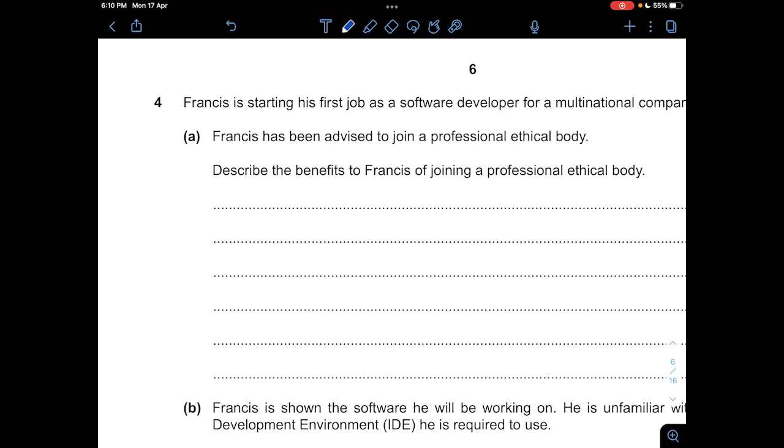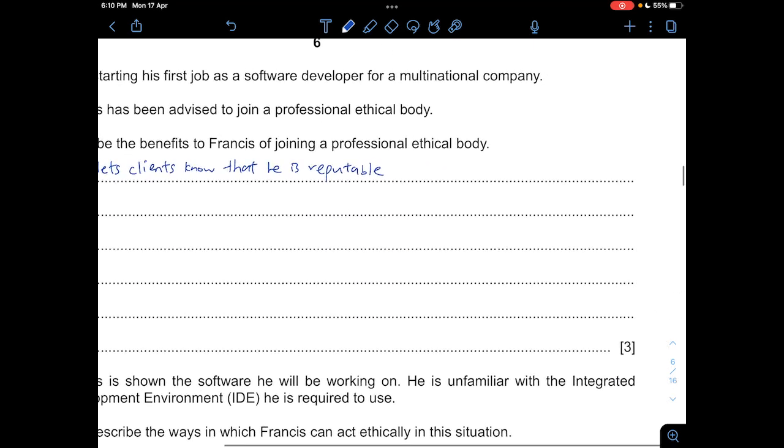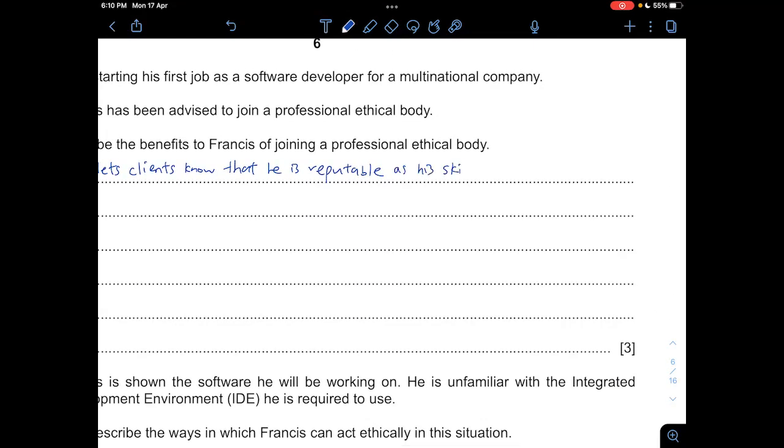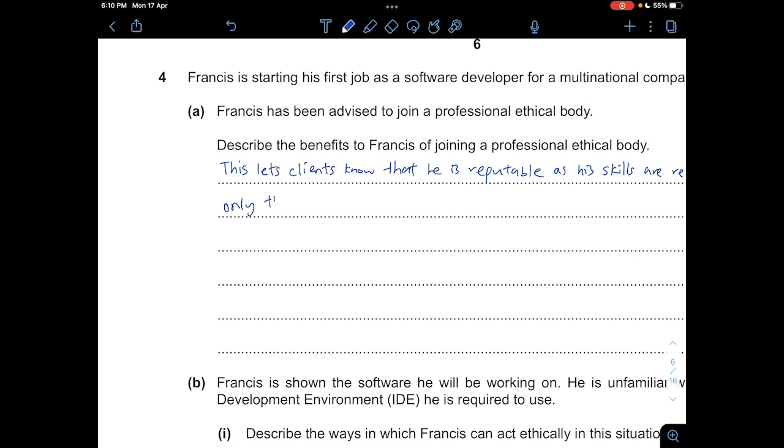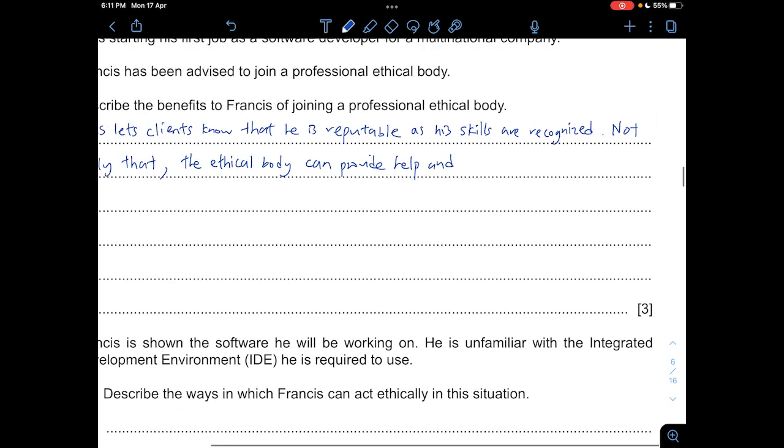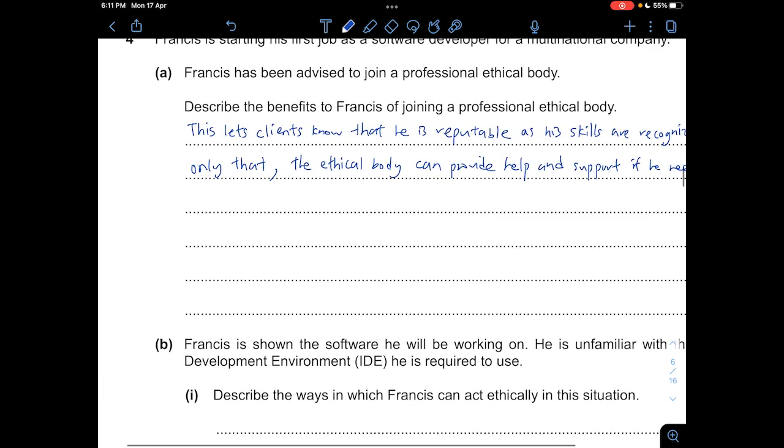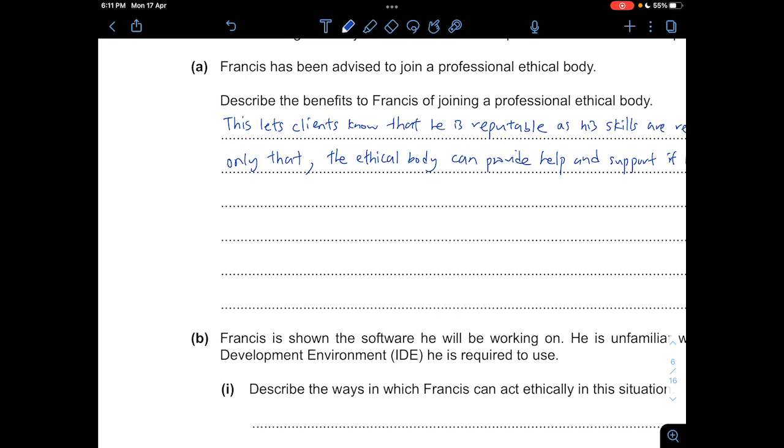Technically we can say that this lets clients know that he's reputable, as his skills are recognized. Not only that, the ethical body can provide help and support if he needs legal advice, because it is part of the ethics and ownership thingy. So technically he can ask for support when it comes to legal advice,